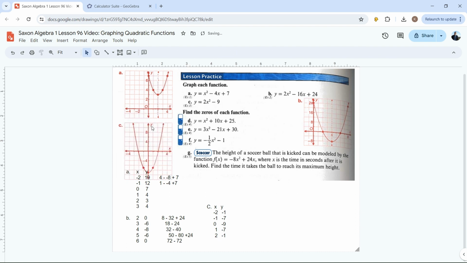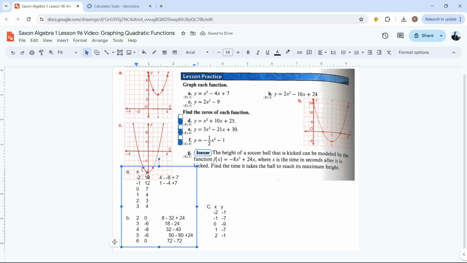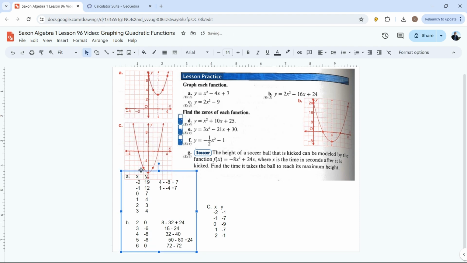Here's the graph of this one, by the way, and we see that this is indeed a quadratic function. Notice that the points I graphed are down here. I included a few more than the book included, but that's good because we get to see the shape of this a little better. Okay, now